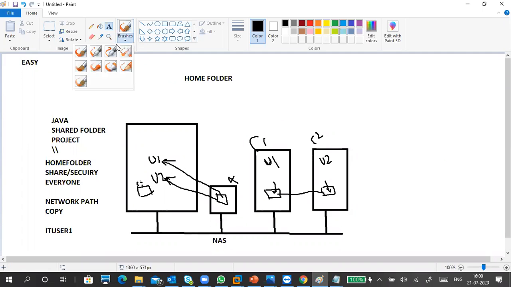You are creating documents, pictures, this kind of stuff, right? So you are saving your data into your profile places, on desktop, documents, pictures or videos. Instead of storing there, store the data into your home directory. This home directory is stored in this central location. In this central location only your home directory will be stored.